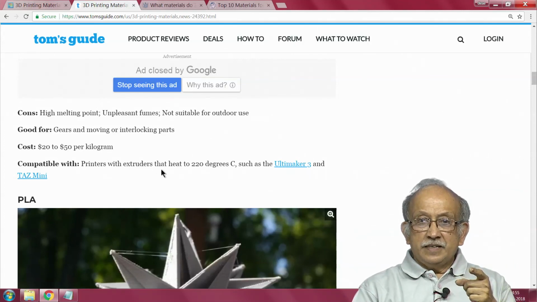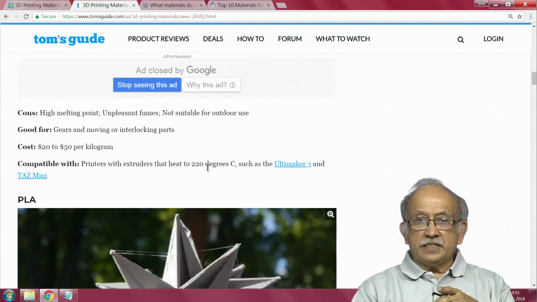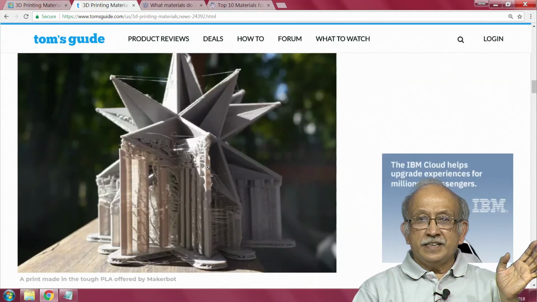Compatible with which heat up to 220, such as so on and so on like that. Next one is, you see the other one,